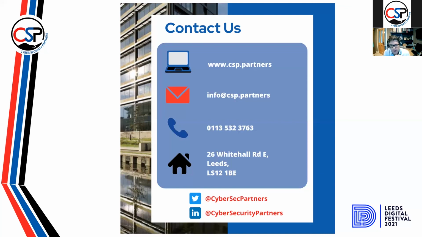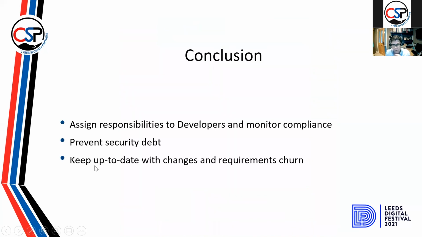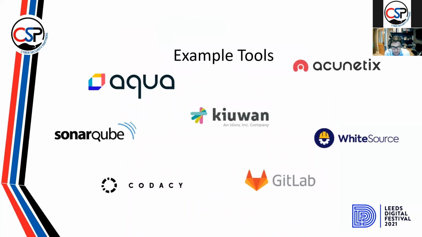Okay, so we've used a couple of those. I'll just quickly go back up. On projects, I have used Aqua, SonarQube, GitLab. Personally, I've not used White Source, but I've seen it used. They all do very similar things. They've all got very good reputations, and from the CSP point of view we don't recommend a particular one. We would rather be product agnostic, and it's the same for all sorts of things, not just code scanning and code checking tools.